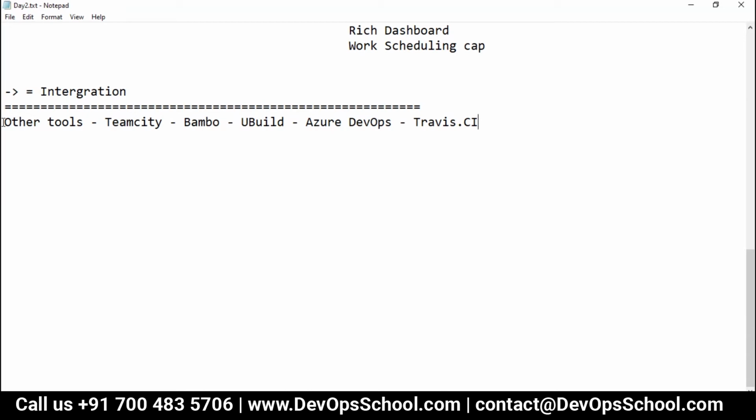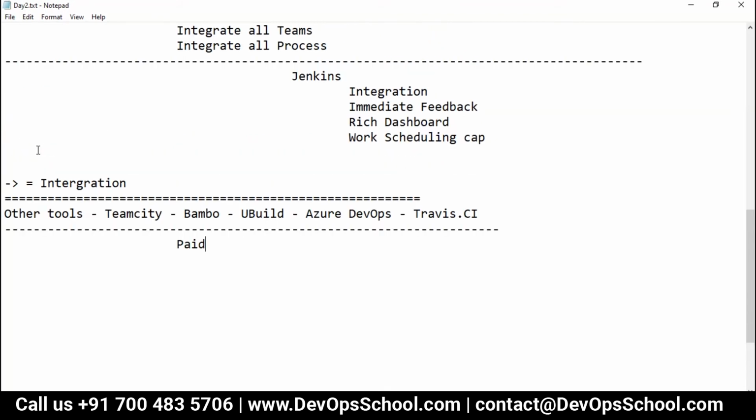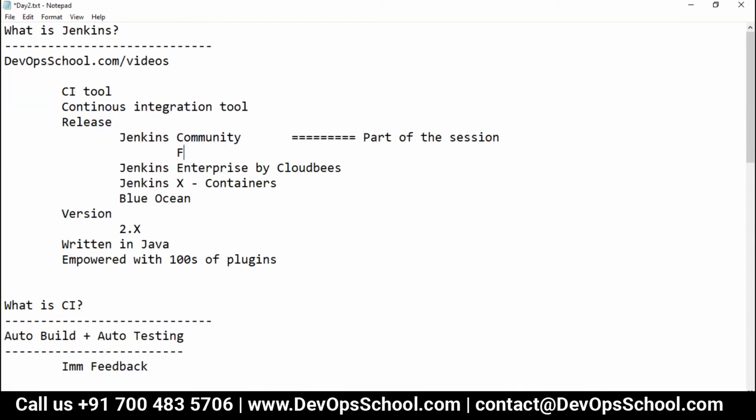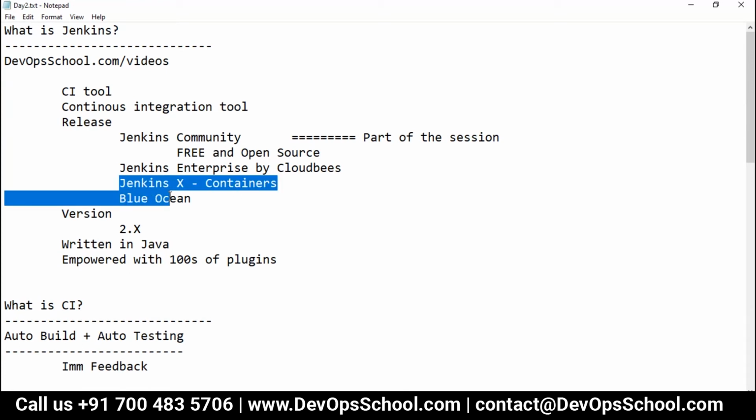By the way, all these are paid, whereas Jenkins is free and open source. CloudBees Jenkins Enterprise is paid. Again, these two are free.